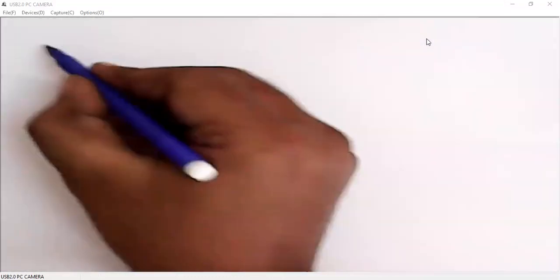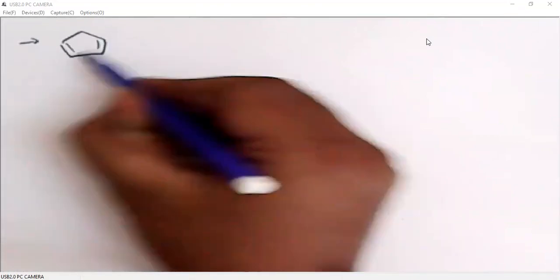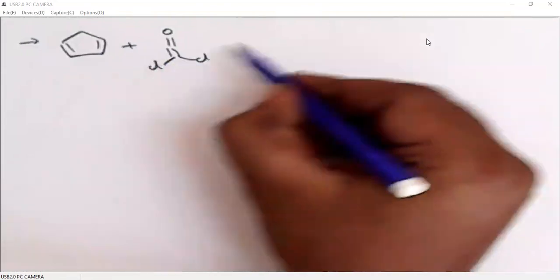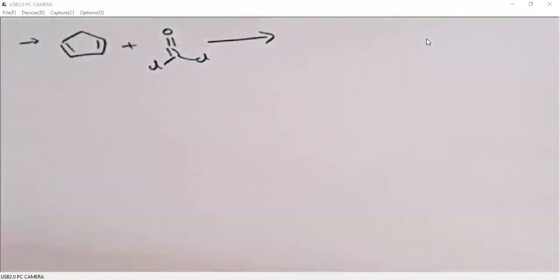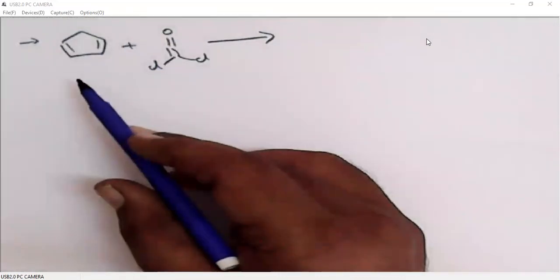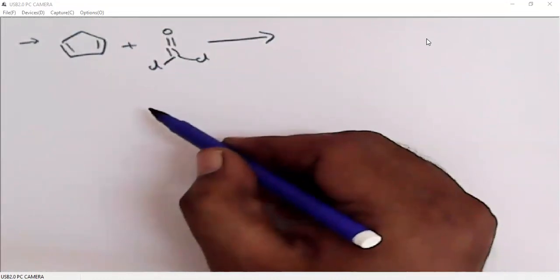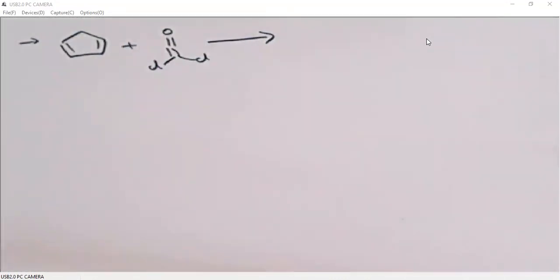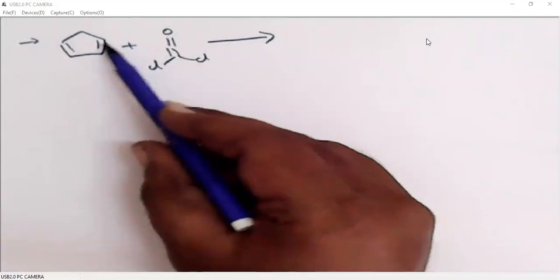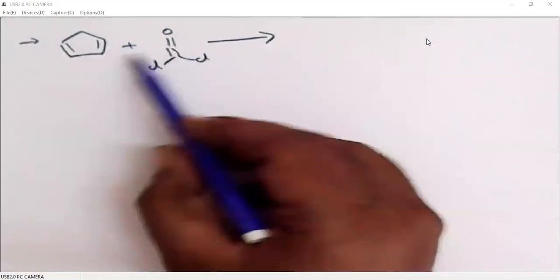Now we will see one more example on 2+2 cycloadditions. Though we have a diene, ketene will not undergo 4+2 cycloadditions. Remember, ketene will not undergo 4+2 cycloadditions. Ketene will always undergo 2+2 cycloadditions. So here, instead of the diene, only one alkene will undergo 2+2 cycloaddition with ketene.